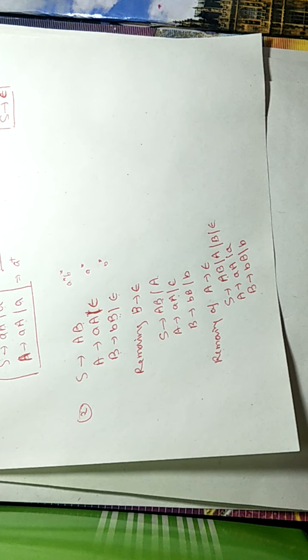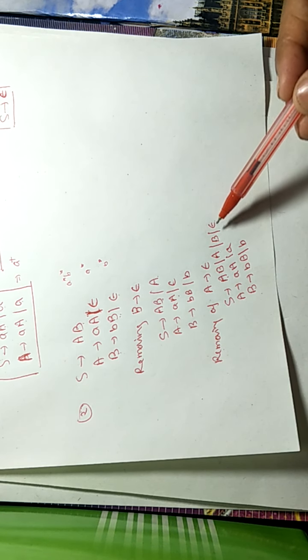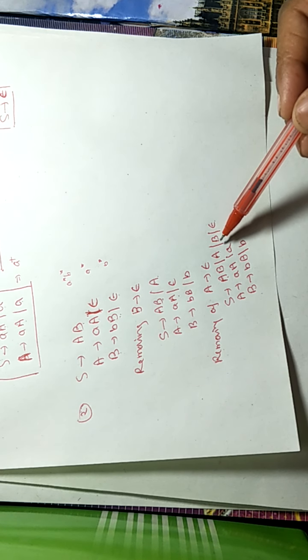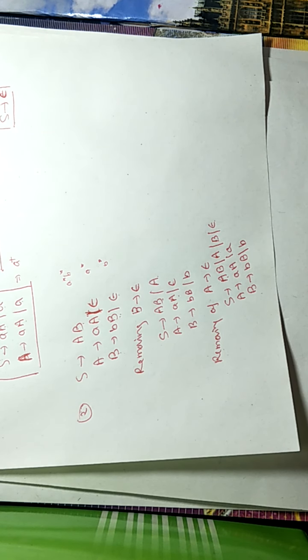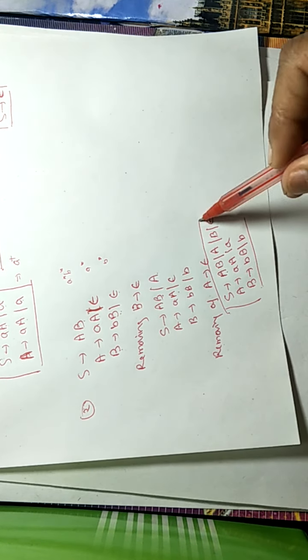Now you need to observe that by removing the null production you can get unit productions. So if the question is asked for the simplification of context free grammar, you need to remove these unit productions, and if the question is about removal of null production you can leave it, and it is the final answer.